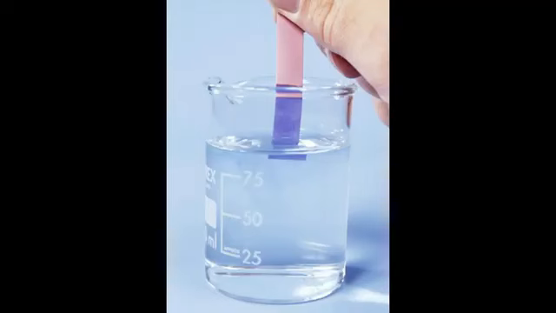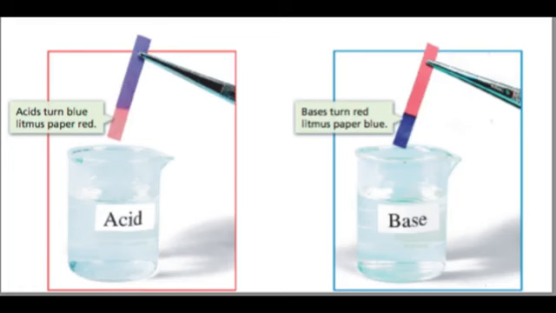Now I'm sure by the elimination method you would have guessed the third test tube has distilled water in it. But just think, water is neither acidic nor basic in nature. So what do you think the color of litmus paper must turn into? Now, because distilled water is neutral, the litmus paper will turn purple. And this is how you test if a solution is acidic, basic, or neutral.